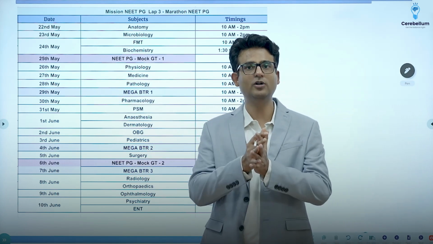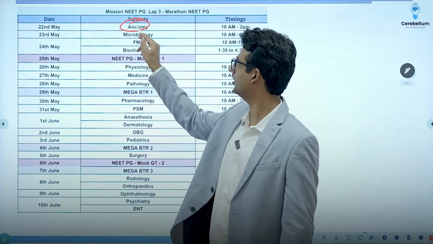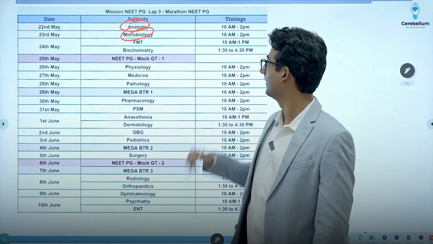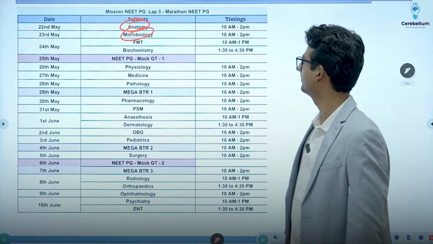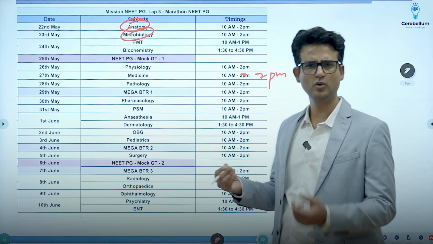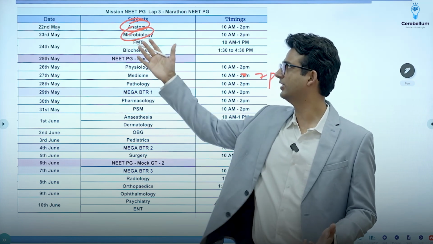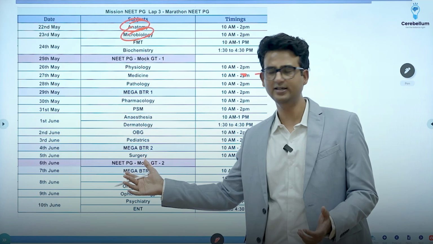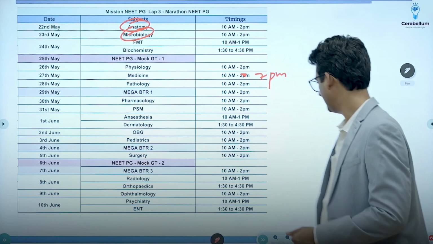So rather than putting all the subjects together, we have spaced it out so that you get enough time to revise also. So subjects are taught, but evening hours are left for you to revise. The bigger subjects would be continued till 7 p.m. Shorter subjects 2 hours, most of the subjects 4 to 5 hours, bigger subjects 8 to 9 hours, right? So one subject or maximum 2 subjects in a day, so that you get more time to revise also, right? So this is the plan, guys.